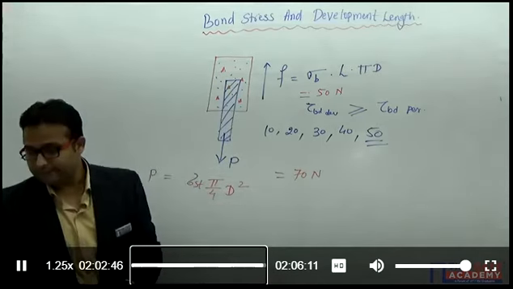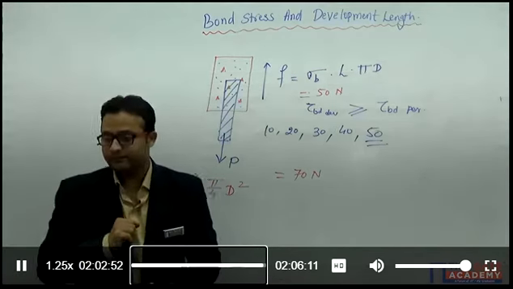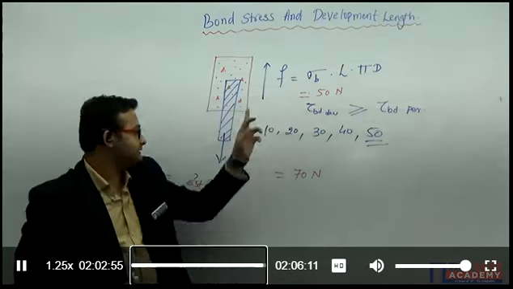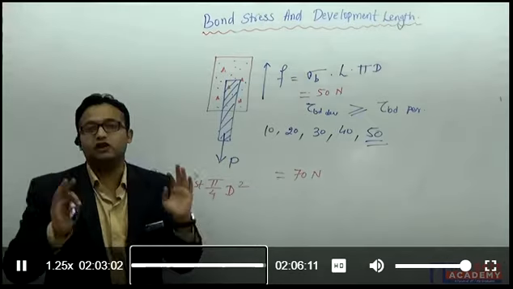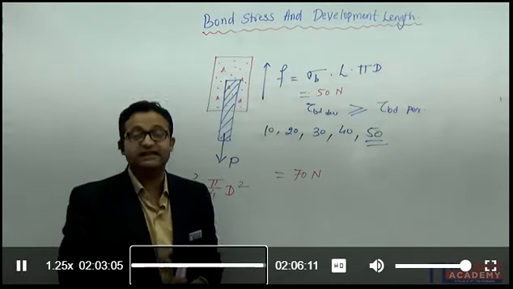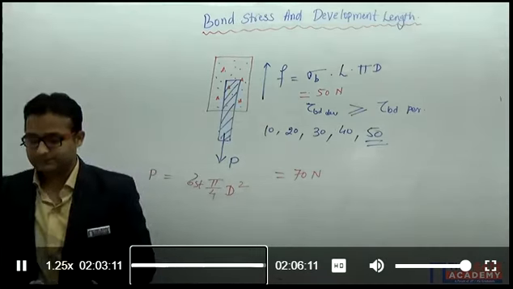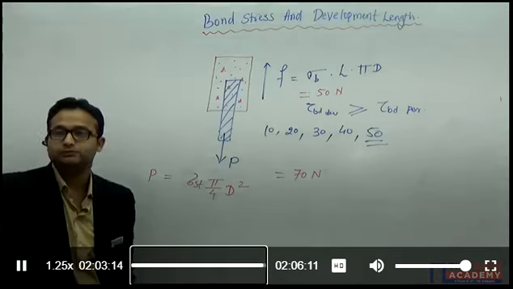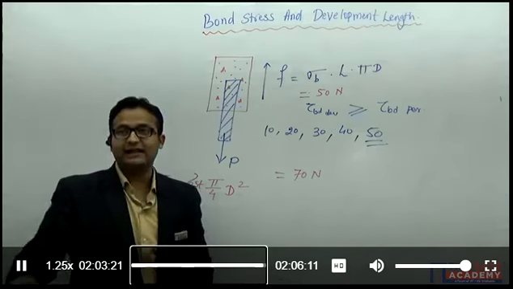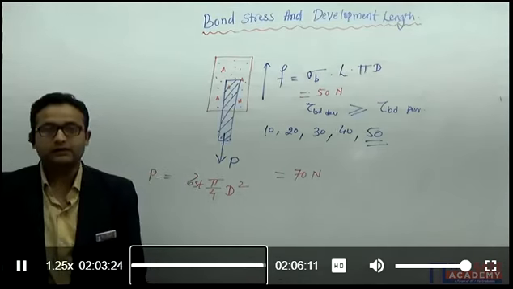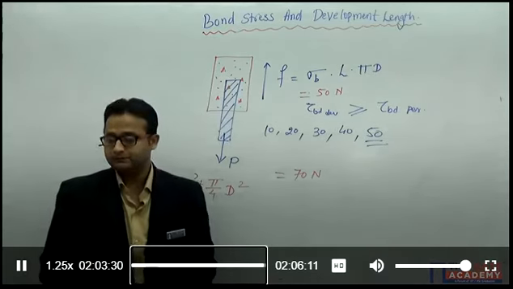So your answer should be C. Out of these two forces, the minimum of these two will be the maximum value of P. Okay, so your answer is C. Is it clear? Now let's solve one more problem. Then we will finish. GATE 1996 for 1 mark. Please solve the question. Give me an answer.